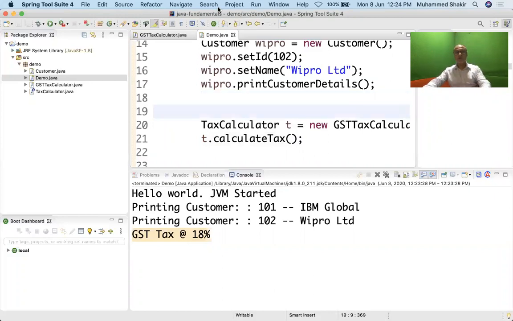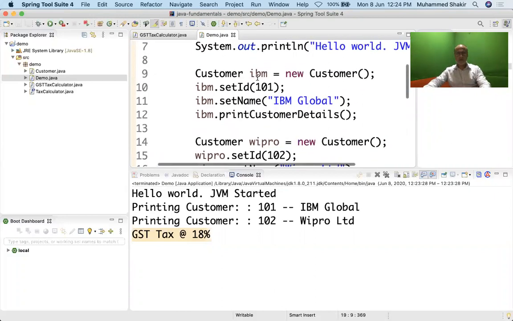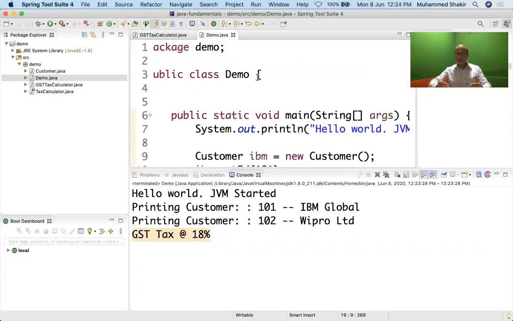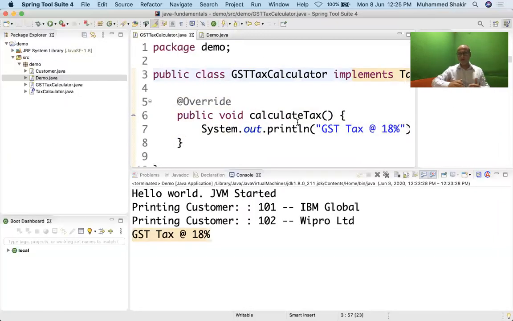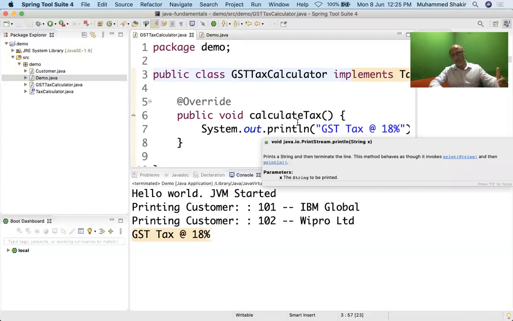So you will come across the concept of classes many times. I mean, that's an integral part. Not that you will come across, you will be writing classes day in and day out, and you will be creating objects of those classes, and you will be creating interfaces. You will be declaring functions on those interfaces. You will be creating classes that will implement those interfaces. Correct? Or maybe when you are using the Java library, you will find tons of classes and interfaces that are already there in the Java library, and you make use of those classes and interfaces and you write your application.